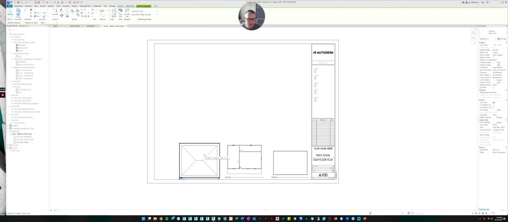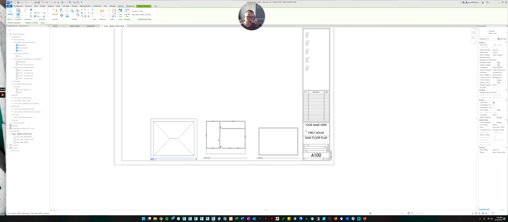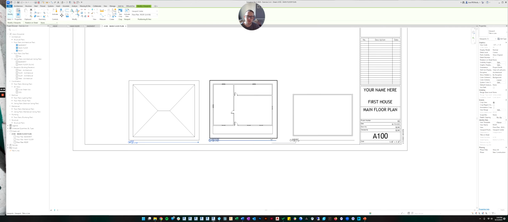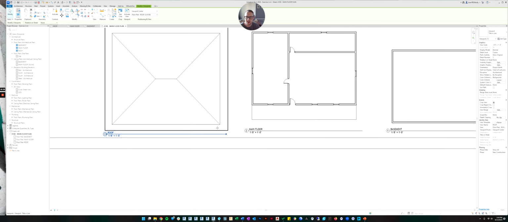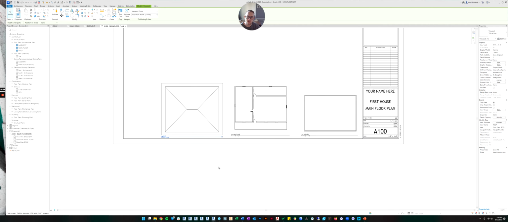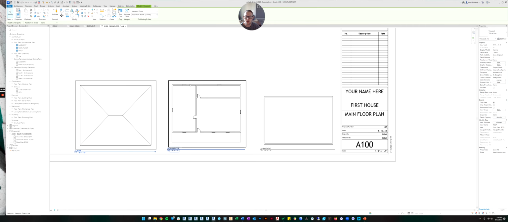Now, before I get too far into it, I do want to point out a couple things. I told you the title block needs to be filled out. The other thing I will dock you points on as the semester progresses is not having good names on the views. Right now, we're just experimenting, so the view names aren't really important. But when there's a lot of different floor plans in a set, I need to know which ones are a floor plan, which one is a furnishings plan, which one's a dimension plan.